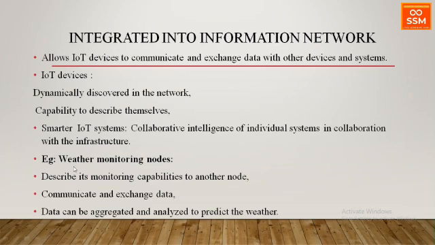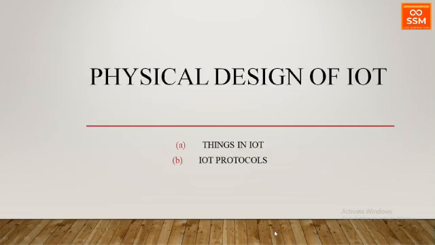Now see here, I have weather monitoring nodes. They monitor weather, communicate and exchange the data. That data needs to be transferred to a centralized server where the data can be analyzed and predicted for further analysis. Now I could say a basic IoT infrastructure may have two things: one is things and another one is protocol. But the main role is played by the object, or unique identifier, or things.